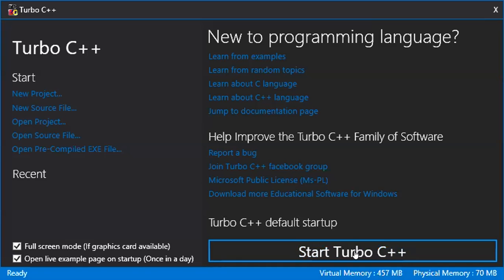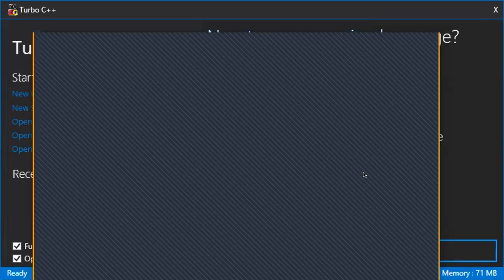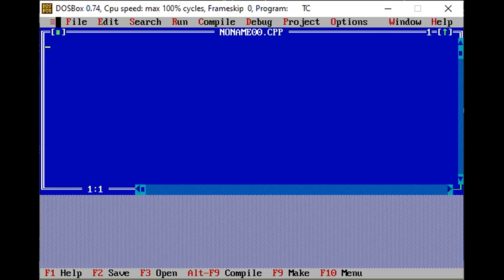When I click onto it, a blue screen will appear, and this is the screen for executing our Turbo C programs. Hope the screen is visible to you all.